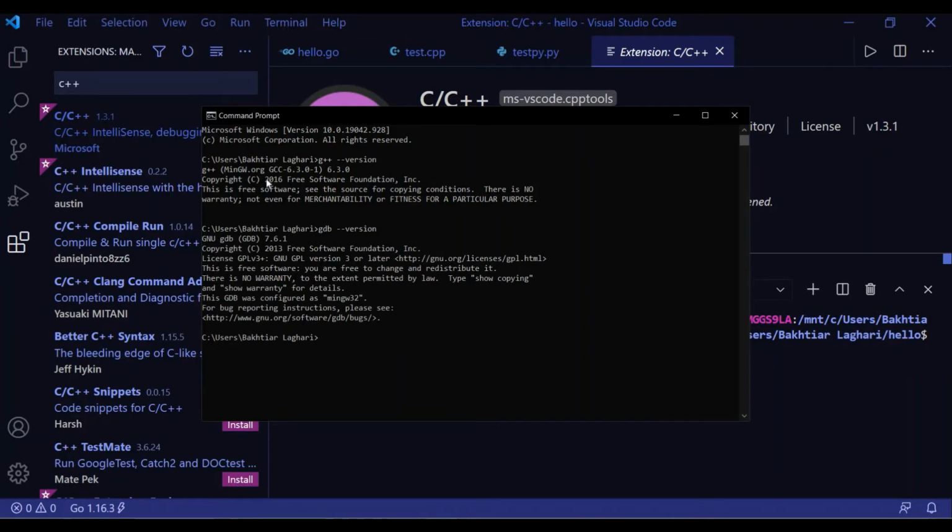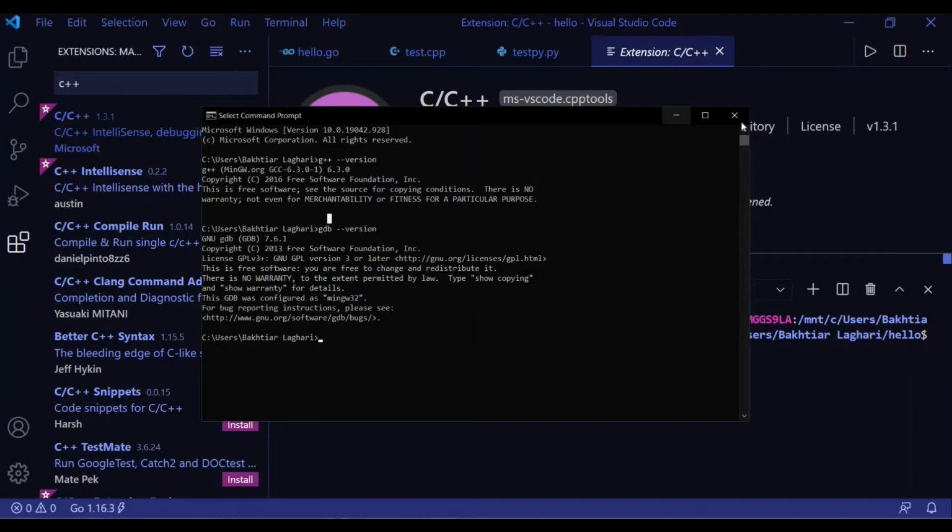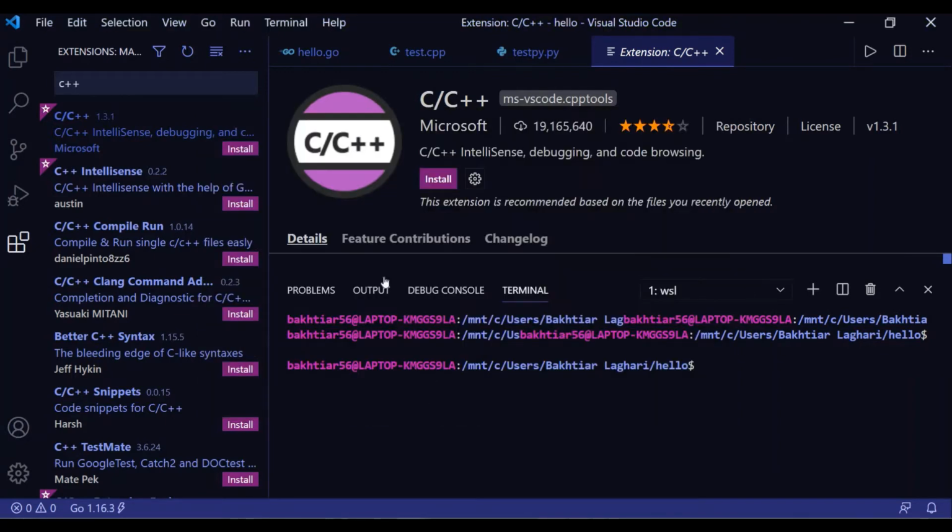This is also included in the C++ compiler package, so it is a good thing. So this will verify that you have installed properly. So yeah, exit this. So once you have done this, install the C++ extension, install the C++ compiler.